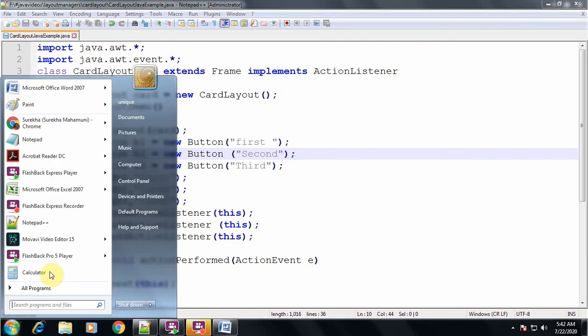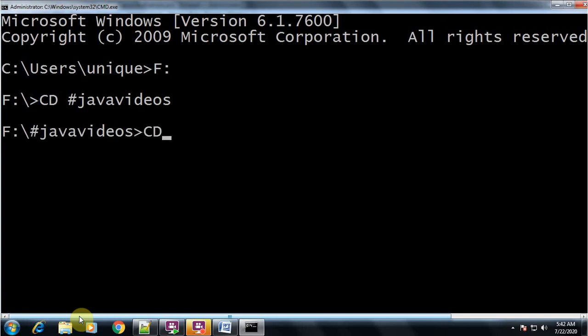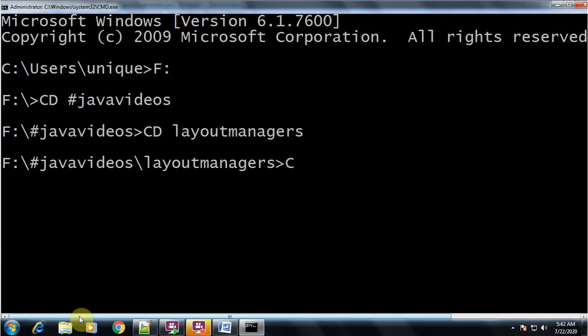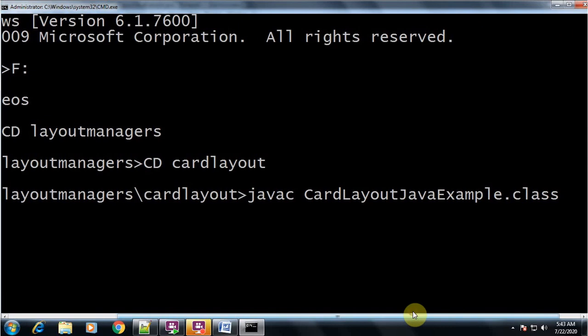Now again I'll open the DOS cmd and go to the directory where it is: cd Java videos, then cd layout managers, then cd card layout. Then javac CardLayoutJavaExample.java.